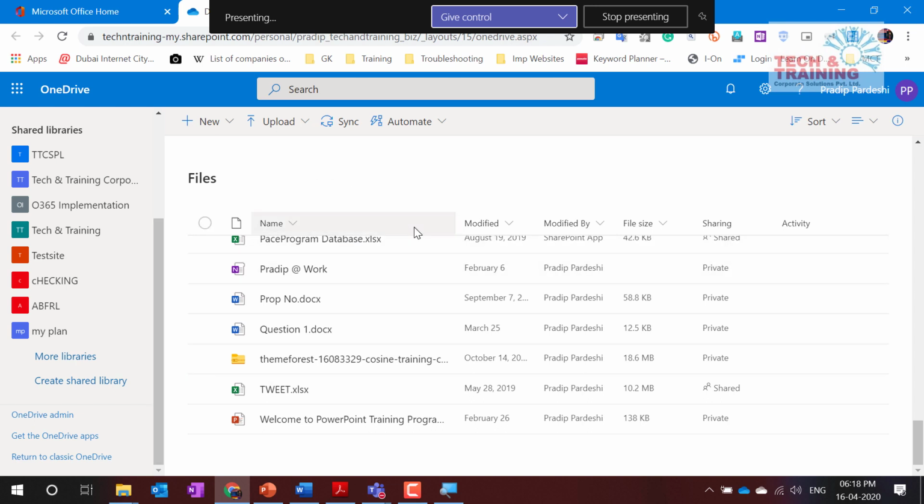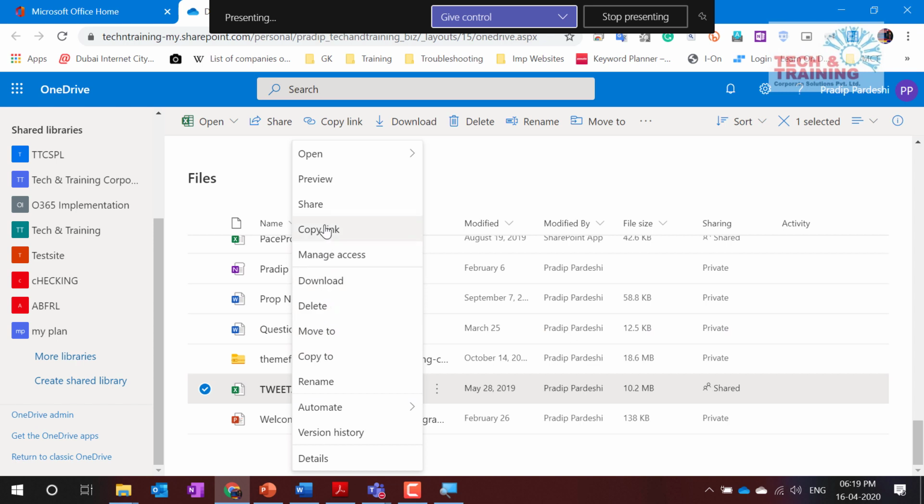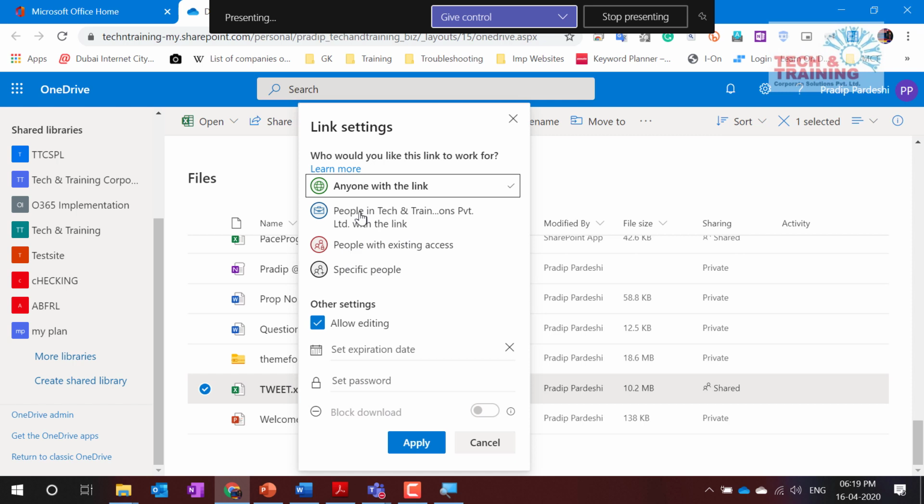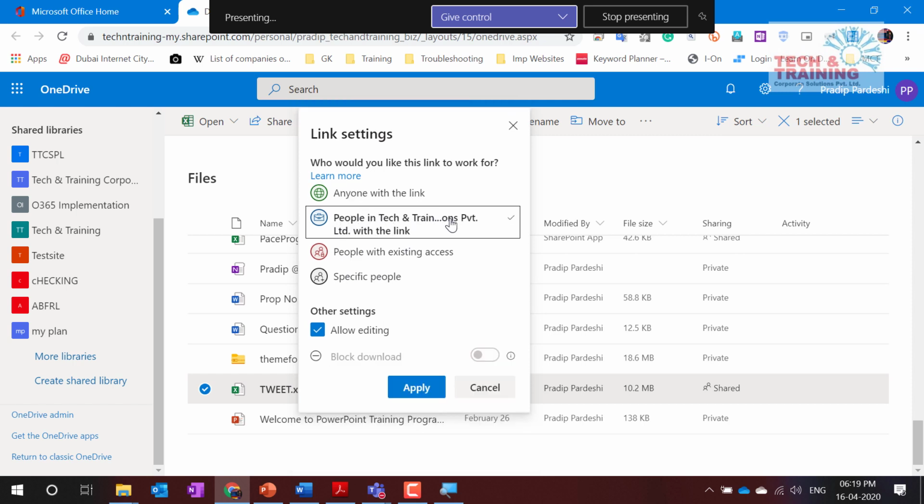So we have understood about sharing the files. Now I'm going to come to the second one. Let me also tell you one quick thing. Recently I received a file where a lady from an organization shared using this particular feature, people within their organization, and she was sharing it with me in an Outlook email. If you are using this, you cannot share it outside the organization, and even if you do, the person outside the organization will not be able to access the files and folders. So whenever you're sharing with any person outside the organization, always use this.